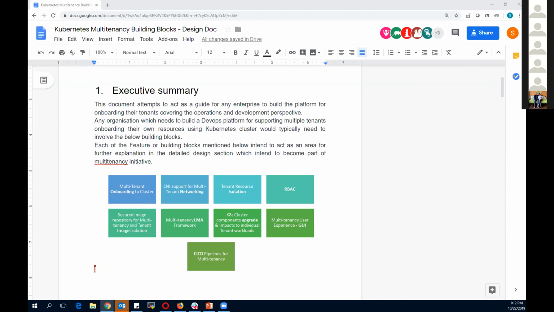So that's this building block for a secured image repository. The next one is related to the LMA, the logging, monitoring, and alerting framework, and how we can provide a different view for individual tenant-specific logging, monitoring, and alerting, and the associated features.